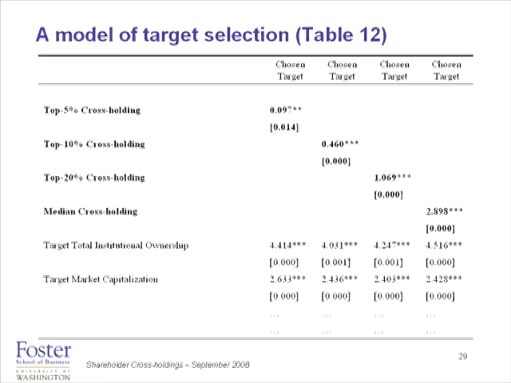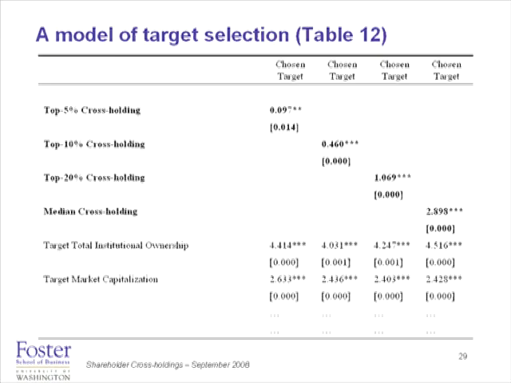So is this the dependent variable here, that you chose the target? Yeah, the dependent variable is a 1, so this is like a logit. I'm trying to remember if we ran it as a logit or probit. I think we ran it as a logit. Okay, so it's not like a multinomial type logit where you can choose all kinds of firms. No, what we did was we went back to our actual bidder, actual target, control target, and you're 1 if you're the actual target, 0 if you're the control target, and can we predict the 1?